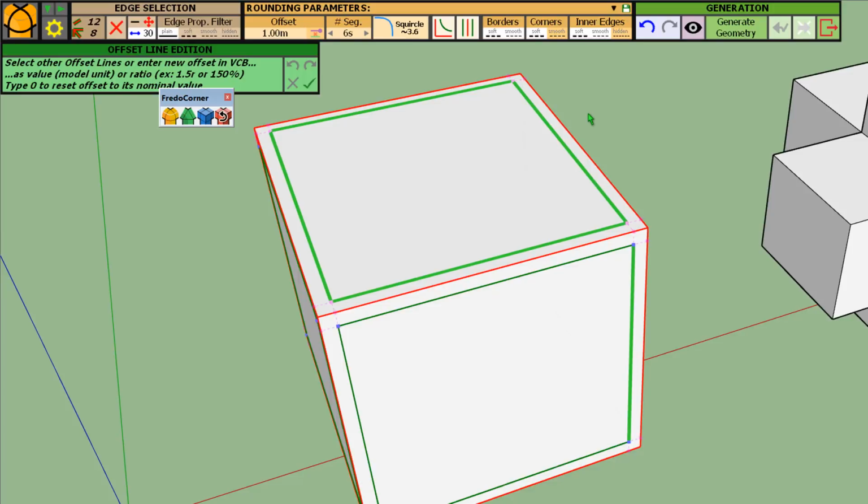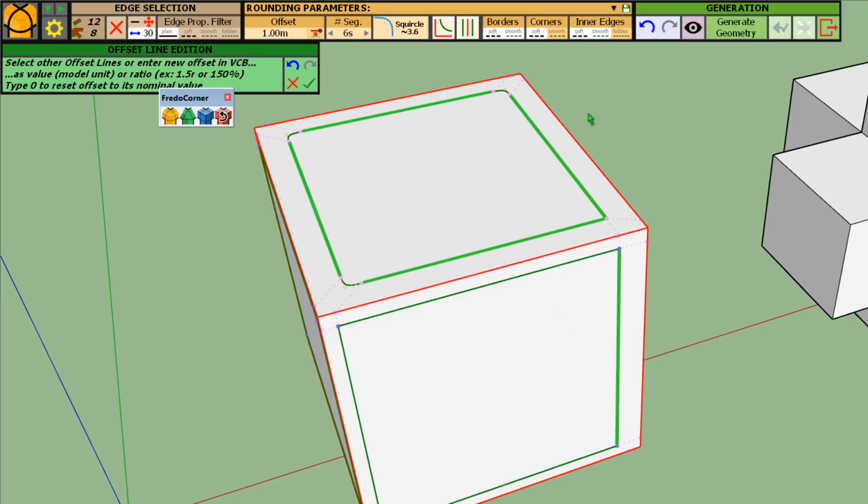You are going to specify the variable offset by a factor. So if you want it twice the default offset, you just type 2 in the VCB. So let's type 2. It means that these offset lines highlighted will have twice the default offset.